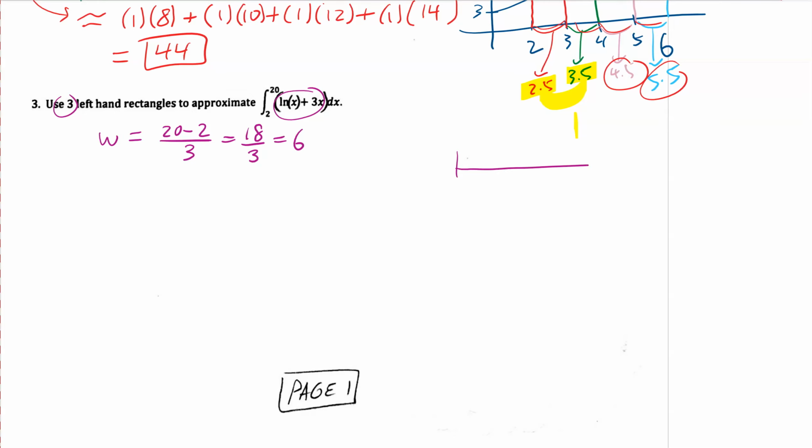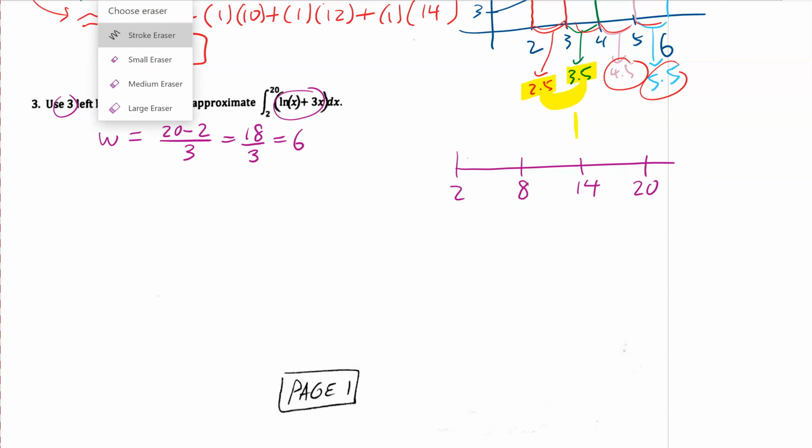I'm just going to look at an x-axis, and I'm going to call this 2. And I'm going to go over a certain amount and say 8. And then I'm going to go over some more and say 14. And then I'm going to go over some more and say 20. And then I'm going to come back in here and erase a little bit of this. Okay, now hopefully you can see how I got these numbers, the 2 to the 8 to the 14